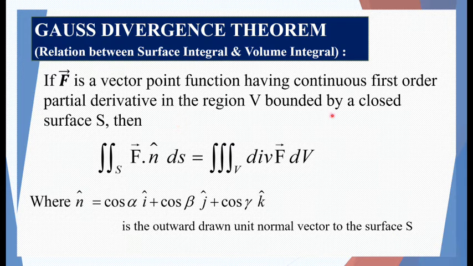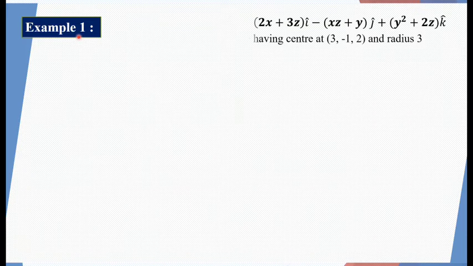So this is the formula or the relation of surface integral and volume integral, and which is known as Gauss divergence theorem. So we are taking examples. So example 1,